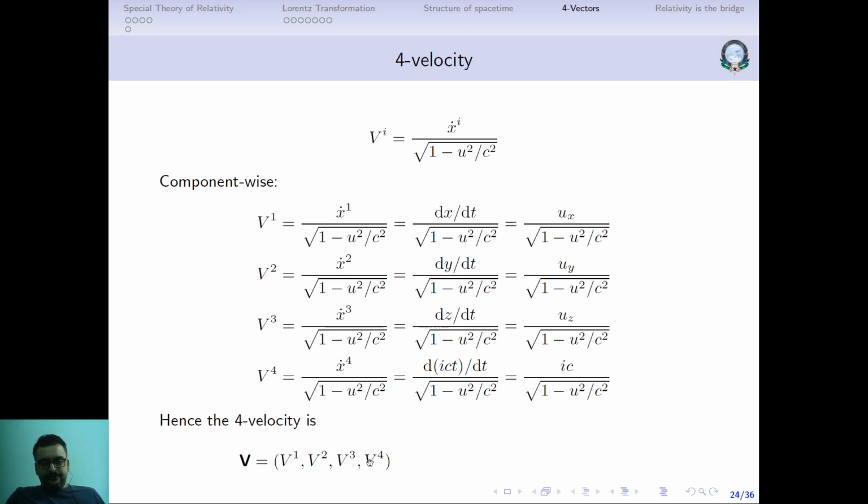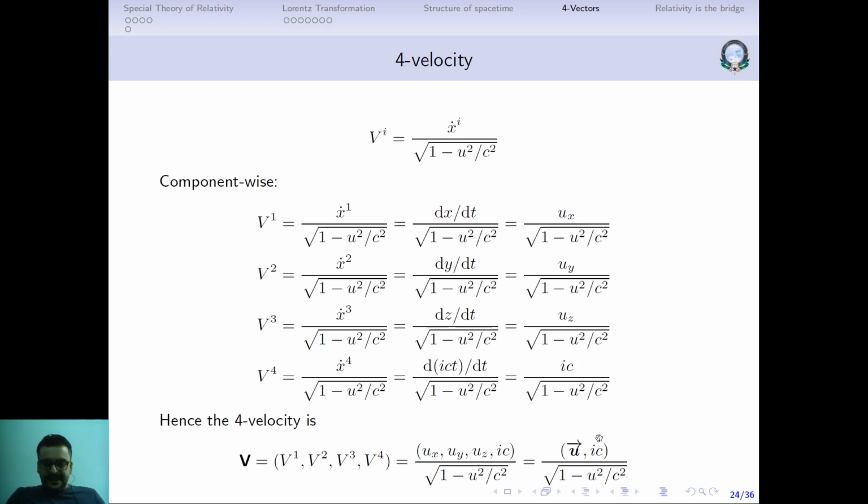So v1, v2, v3 and v4. These are the 4 components. We take this under root 1 minus u square by c square common. So what is here in the numerator? ux, uy, uz, ic. So ux, uy, uz will be the first 3 components and ic will be the 4th component. This combination of these 3 is nothing but your classical 3-dimensional velocity which is observed. So velocity u comma ic divided by under root 1 minus u square by c square.